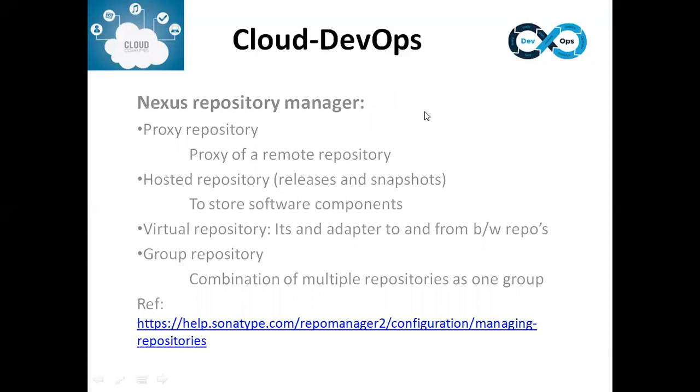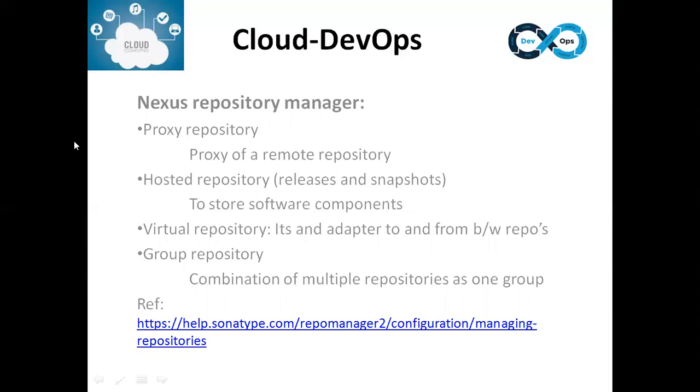I want to give some introduction about the Nexus repository. Once you get some introduction, we can easily start. In Nexus, there are 4 types of repositories: one is proxy, another is hosted, another is virtual repository, and the fourth is group repository. You can see I have already given a short description about each repository. If you remember, I was discussing the proxy repository yesterday.